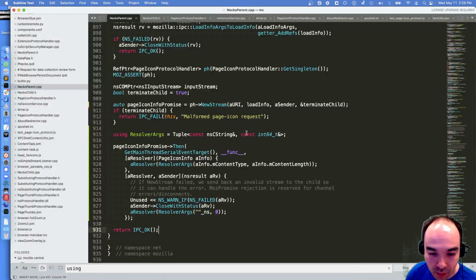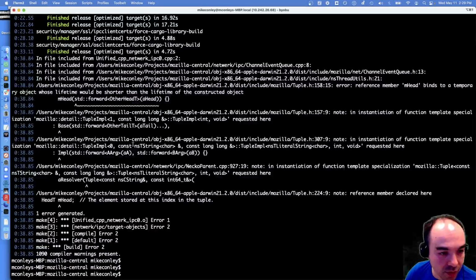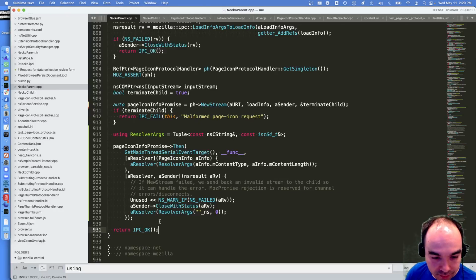I don't see how that could help. I really don't understand what it's complaining about. Reference member mHead binds to a temporary object whose lifetime would be shorter than the lifetime of the constructed object.